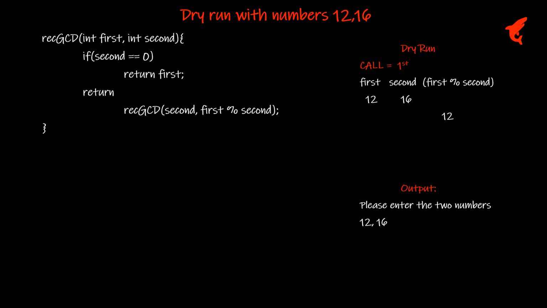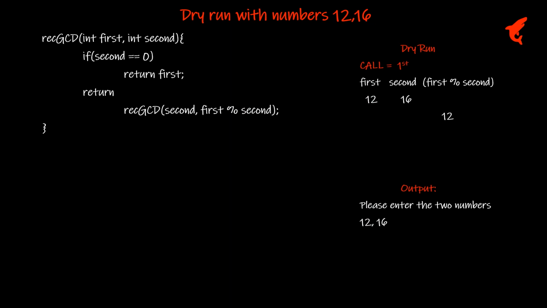Right. Now let's look at one very important point here. In the first call to this function, the arguments were 12 and 16, and I said that we should not bother about the order, which is larger, which is smaller. It doesn't matter. We do not have to compare. In our non-recursive LCM function program, we had done the checking, we had done the comparison, and the larger value was first and the smaller value was second, right? But in this particular recursive approach, we did not do so. We just simply pass the values.